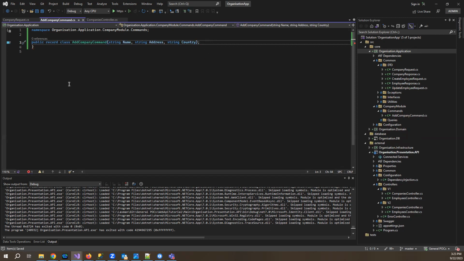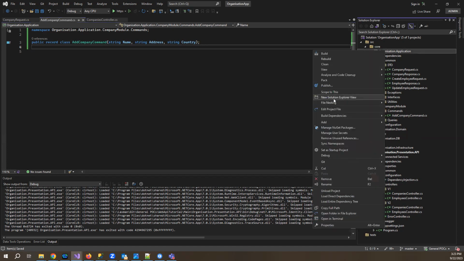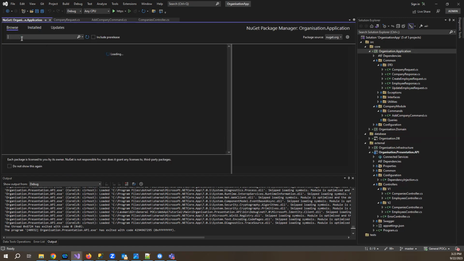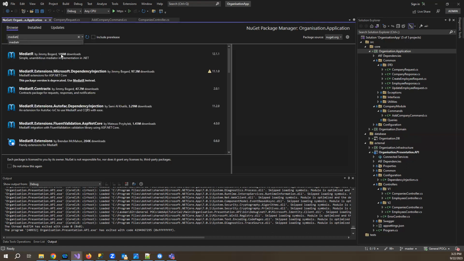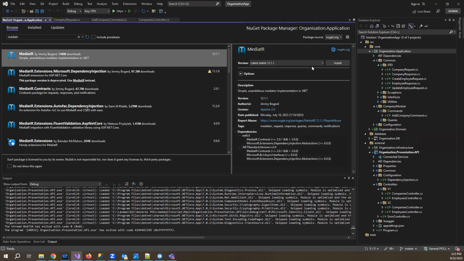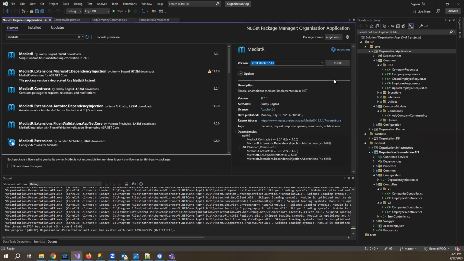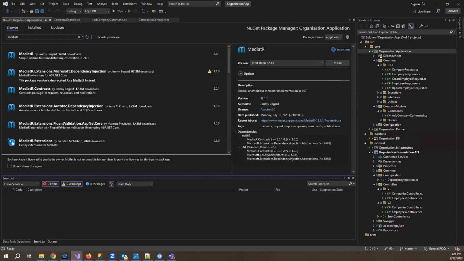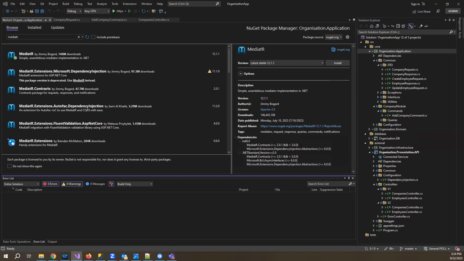But let's also introduce the mediator now, and we'll show you how we can use that. So what we'll do is, we will go to NuGet and add the mediator package. So let me just find it on NuGet. So let's search for MediatR and download the latest version of MediatR. So latest is 12.1.1 as of now. So I will just install that. And once MediatR is installed,